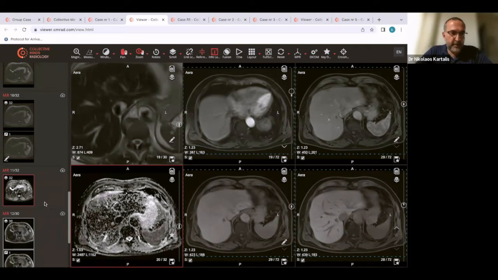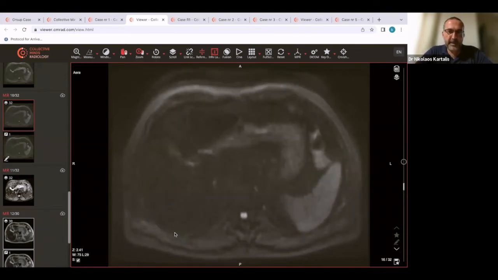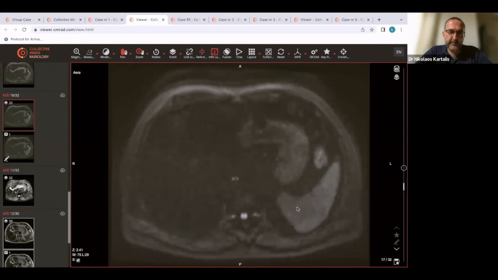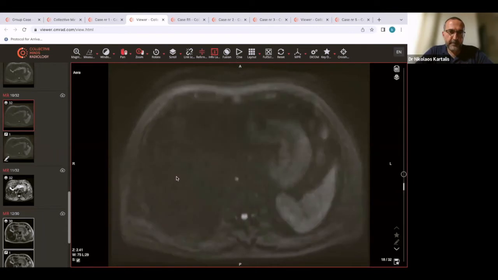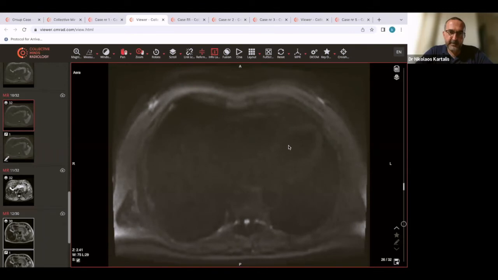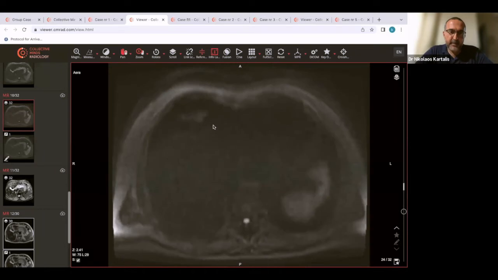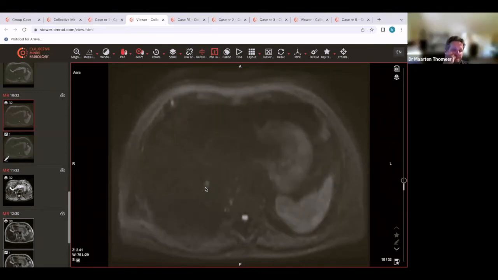Because if we go back to diffusion, and I will show you the images here, I would like you to notice something that is quite weird. We are talking about high B diffusion images. Okay, so you see the spleen is like we expect spleen to be, but we don't see any liver actually. You see the stomach, you see the lungs somewhere here. This is the heart, if I remember well from the anatomy. This is the right lung, this is the left lung, but we don't see any liver, and we see a lesion, a lesion in a liver that doesn't exist on diffusion.